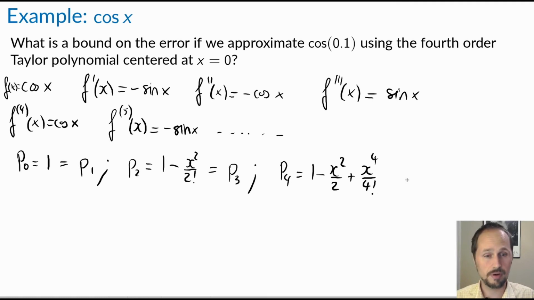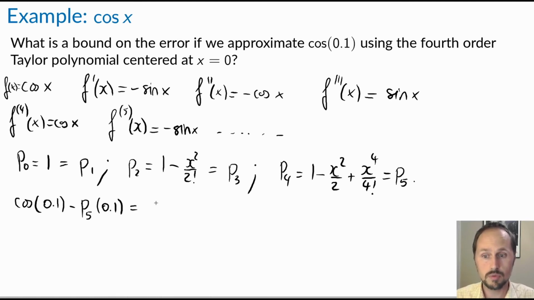We could stop there, but I think this question is more interesting if we think of it as a little bit more sneaky. We know that this is also the fifth order Taylor polynomial. So now we can say, using the error term, that cosine of 0.1 minus P5 at 0.1,